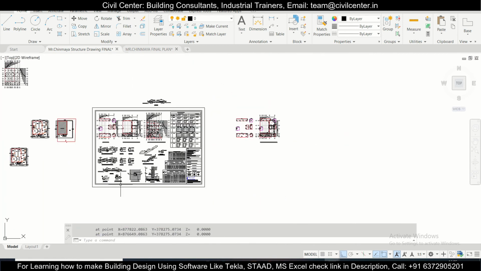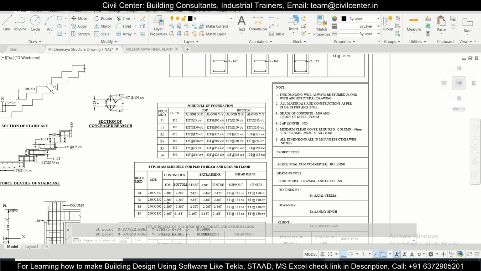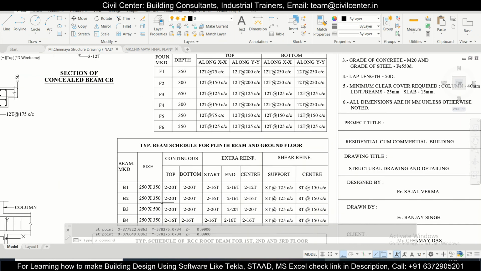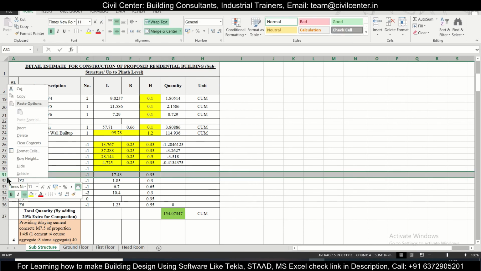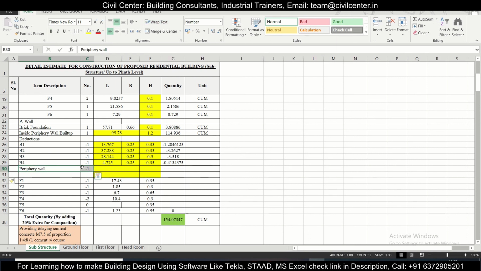Okay, so let's check the size here. All the sizes are the same. B1, B2, B3. Okay, only B3 is 550. So we need to make two columns here, I think. One will be your periphery wall -1, another one will make this, will also copy and paste it here. And the height for this will be equals to 1.2 minus 0.35 because I've already deducted for the beams, and for the B3 it will be equals to 1.2